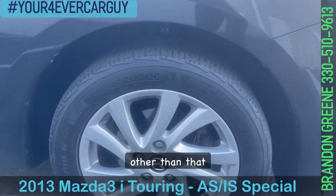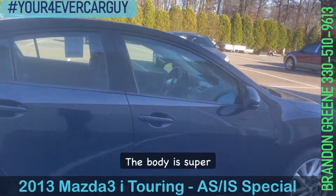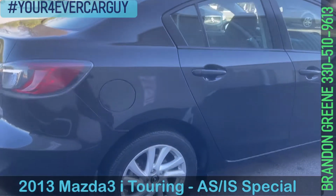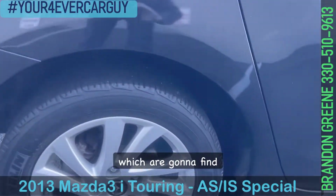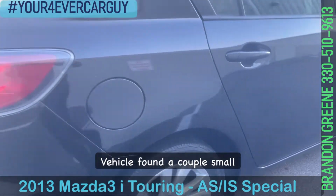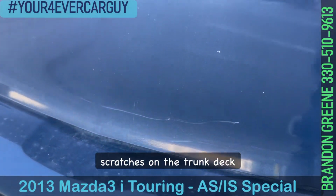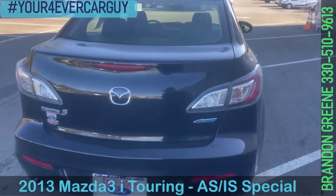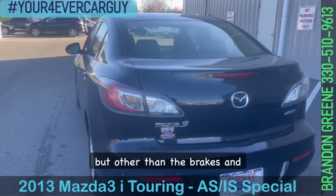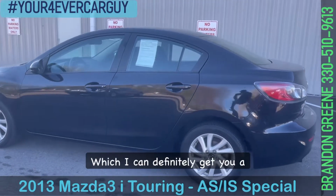Other than that, the tires on this thing are like bald and definitely would need replacing. The body is super clean, with some slight oxidation, which you're gonna find in this vehicle. I found a couple small scratches on the trunk deck lid, but other than the brakes and tires, which I can definitely get you a quote on,